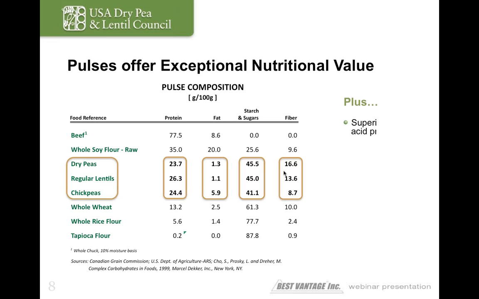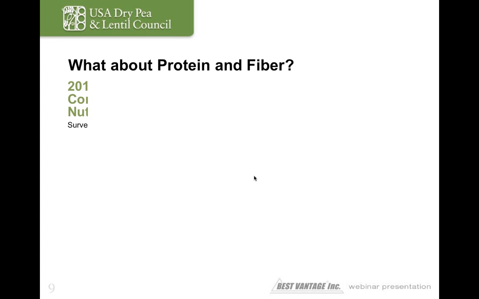In addition, there are specific nutritional benefits. They have a very superior amino acid profile. They contain all the essential amino acids and complement the amino acid profiles of cereals very well, which is one reason that they're often found together in national diets. Very rich in vitamins, especially folic acid, which has been of interest of late, and very high levels of minerals. They're also very low glycemic. The high levels of starch and sugars that you see there tend to be very tightly bound with the cotyledon proteins, so they do not exhibit a high glycemic activity. They are non GMO, and